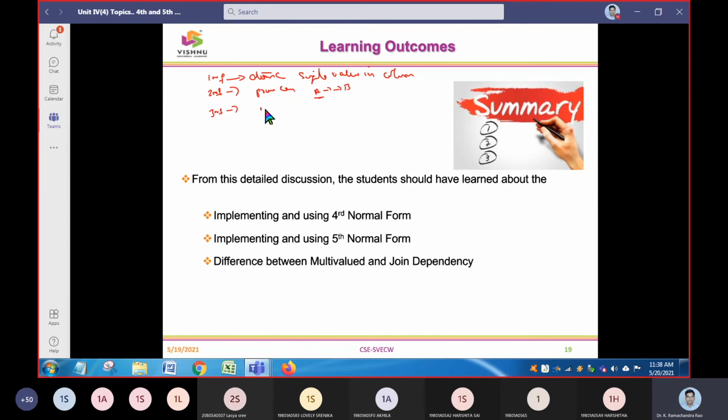Then comes the third normal form. We say here no transitive dependency. That means A to B, B to C, C to A: this should not be working. Then we say it is in third normal form. When we work with the Boyce-Codd normal form, the lossless data and the drawbacks which were not eliminated in the third normal form, such as redundancy, are going to be figured out. That is where the Boyce-Codd normal form comes into the picture.